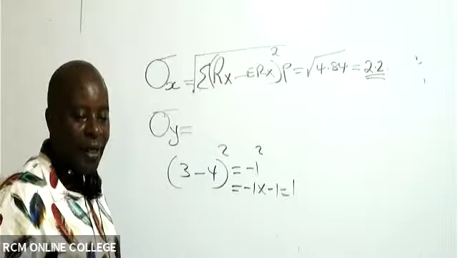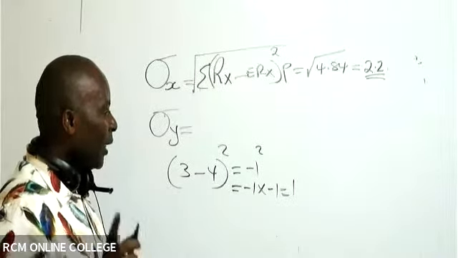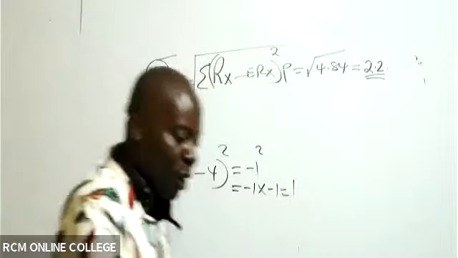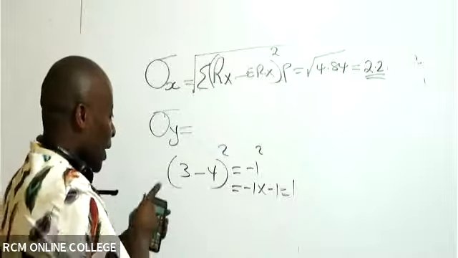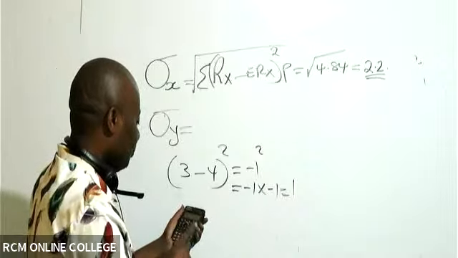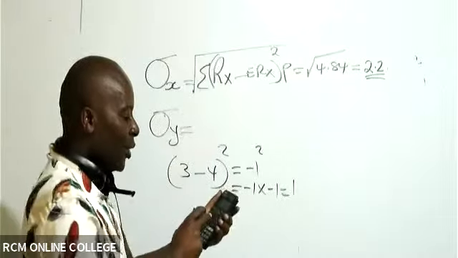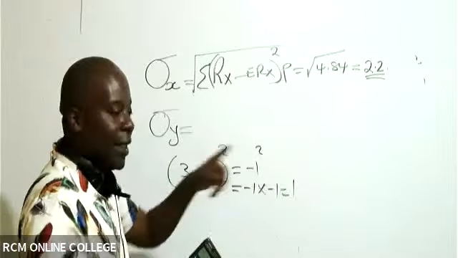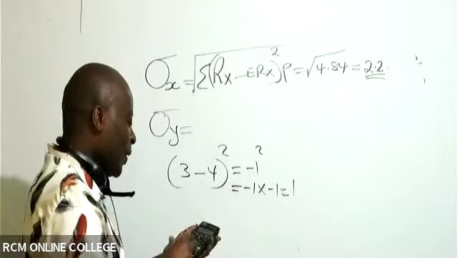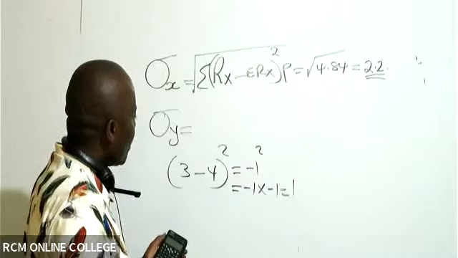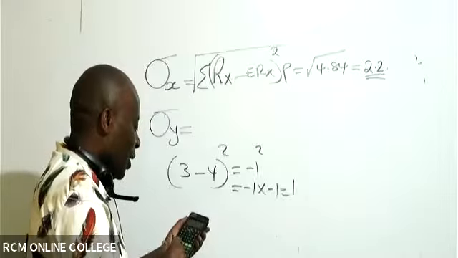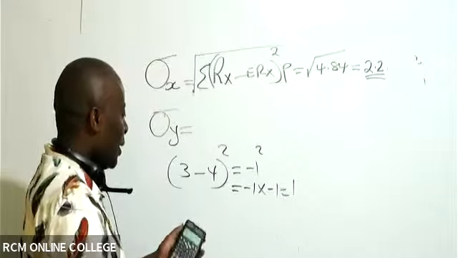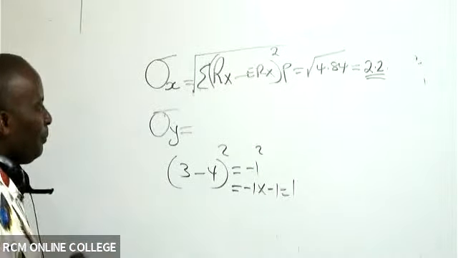I know normally when you see, you should never use your calculator this way. That's why you see I'm insisting on brackets. If you come and say 3 minus 4, then you say equals, and then you say squared, you say equals, in this case most calculators will simply give you a negative answer. That is why, however simple it is, what I normally tell my students, if it's a square, just put everything in brackets. 3 minus 4, close bracket, and then you say squared. The calculator is so much disciplined to follow brackets, to follow BODMAS.